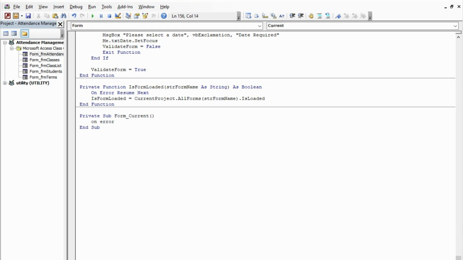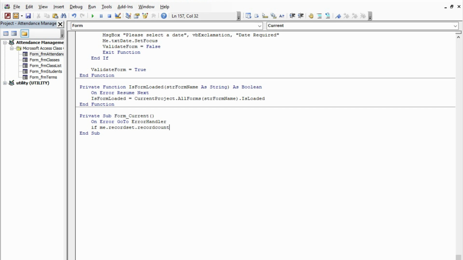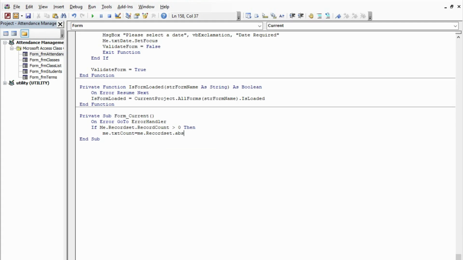On error, go to error handler. If main.record set dot record, the record set, if main.record set dot record count is greater than 0, then main.txt count is equal to main.record set dot absolute position plus 1